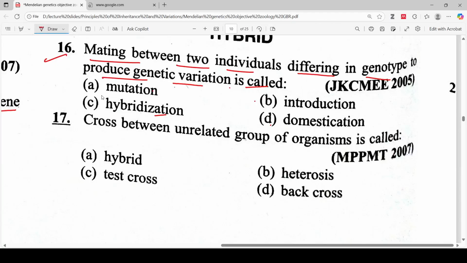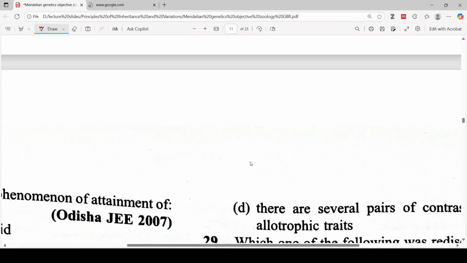So the correct answer will be option C, hybridization. Cross between unrelated groups of organisms is called option heterosis. Next question,